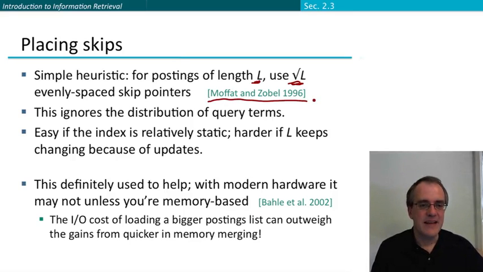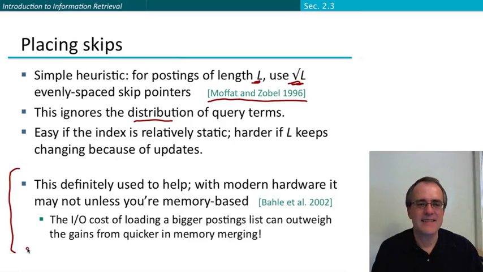It's a convenient, easy heuristic, but it ignores the distribution of query terms, and it is possible to come up with better heuristics, and people have worked on that in later research papers. But the final point I just want to mention at this point, as one will come back to it in various places, is